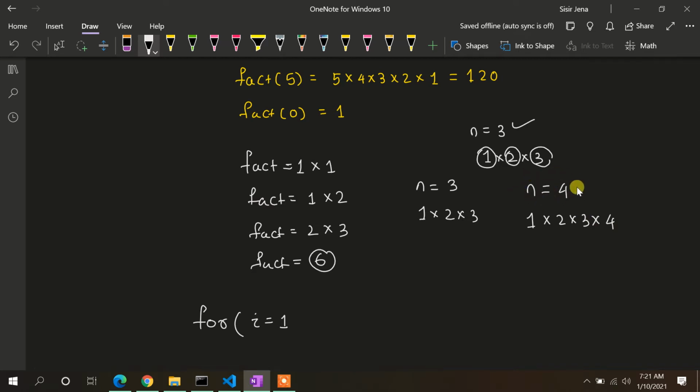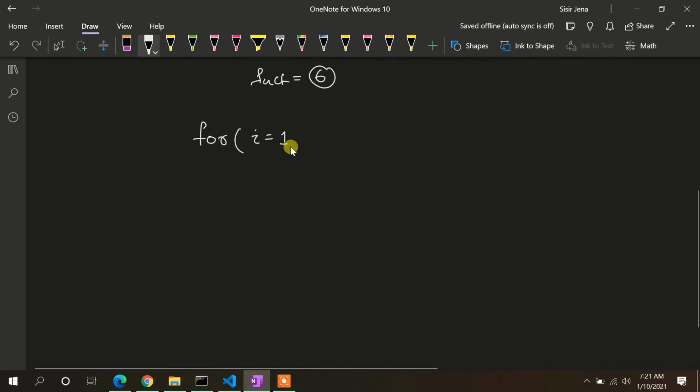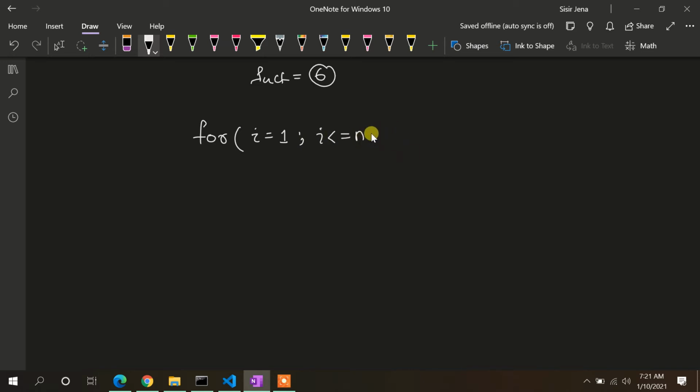If n is given as 4, then our multiplication should be 1 into 2 into 3 into 4, isn't it? So I will initialize i as 1, and i is less than or equal to n, whatever that n value may be. If n value is 5, then this loop will continue up to 1, 2, 3, 4, 5. If n value is 4, this loop will continue up to 1, 2, 3, 4. Then I will write i plus plus.